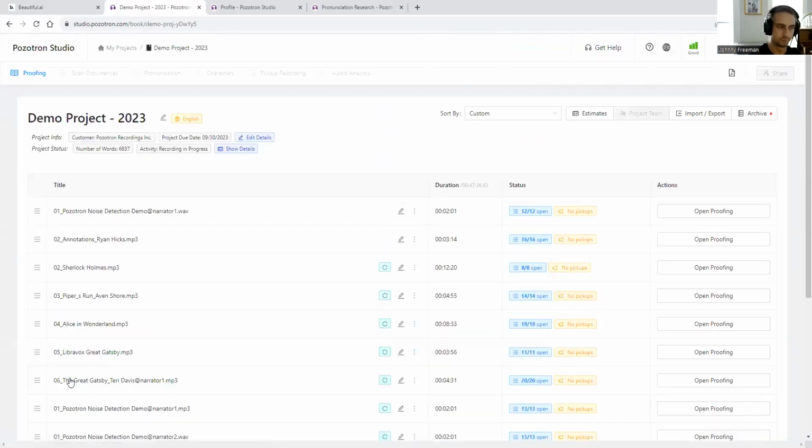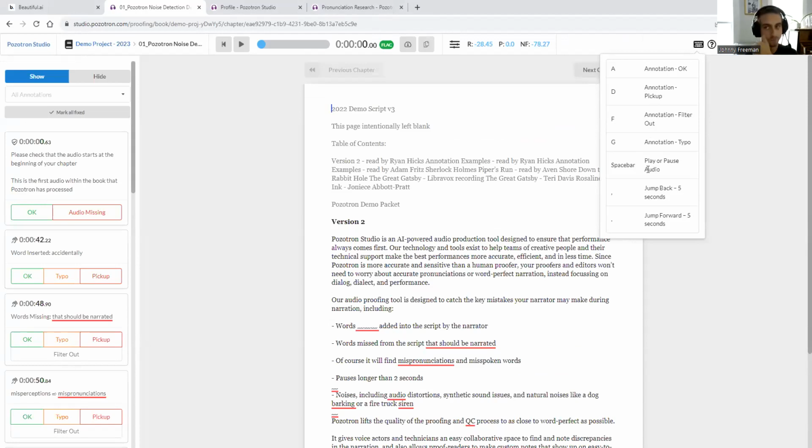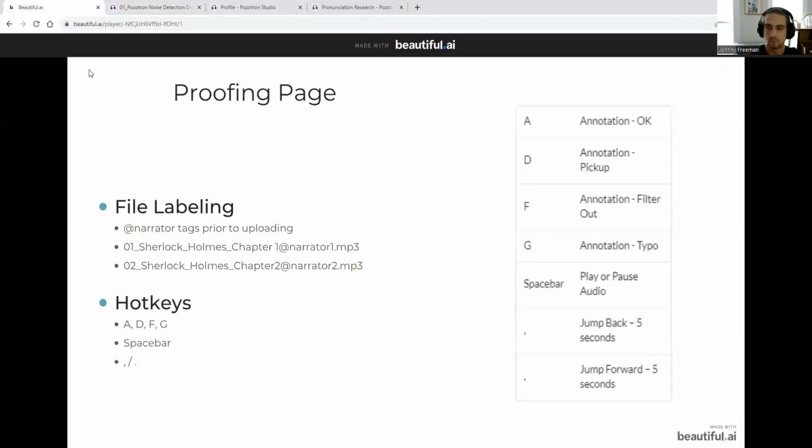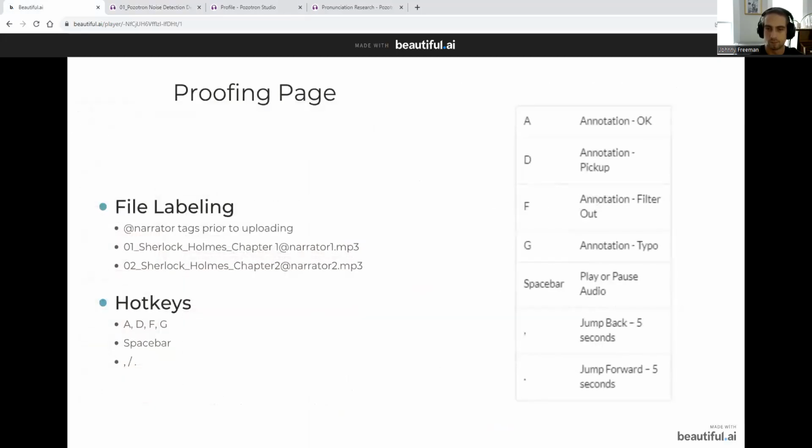So we do have hotkeys for proofing. You can always find if we do have any hotkeys available by clicking up here. You can see we have A for OK, D for pickup, F for filter out, G for typo. So that's generally A, D, F, G with your left hand on the keyboard, space bar for play or pause, and then you can use the comma and period to jump forward and back 5 seconds, which does allow for what I'm going to show you next,